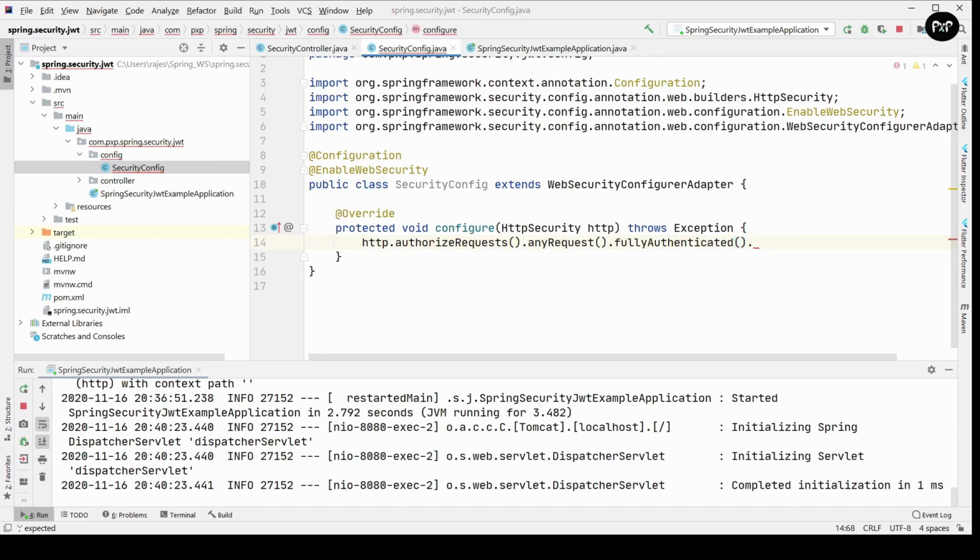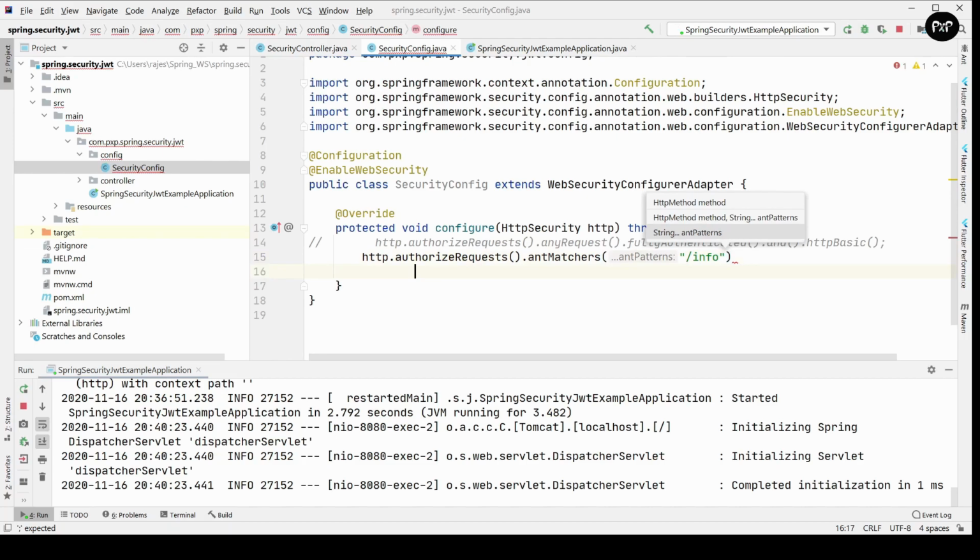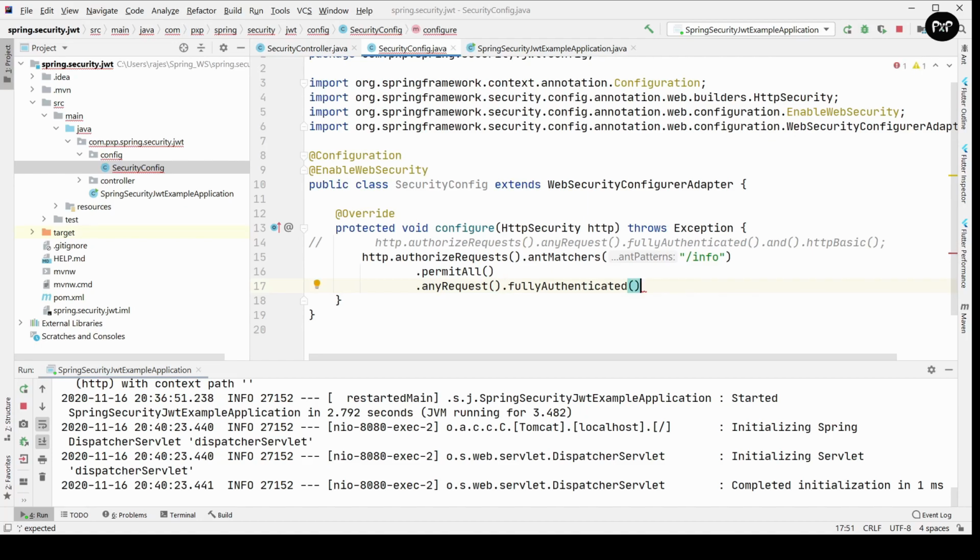So this line number 14 is the default behavior of Spring Security, but we will comment this out and we will override the configuration. For now, we will say http.authorizeRequests(), and we will add antMatchers to allow /info to everybody. We are saying permitAll. I mean the /info endpoint will be allowed to everybody, but we will protect all other endpoints,